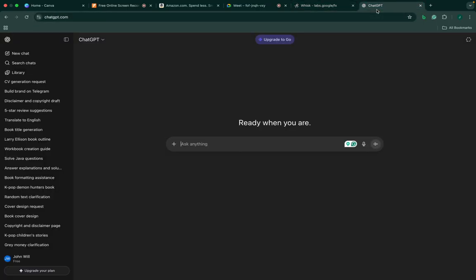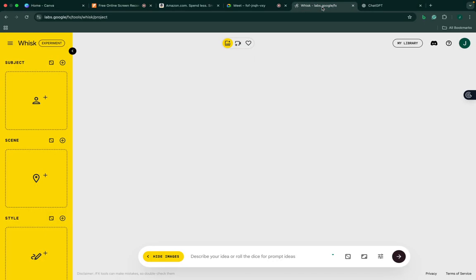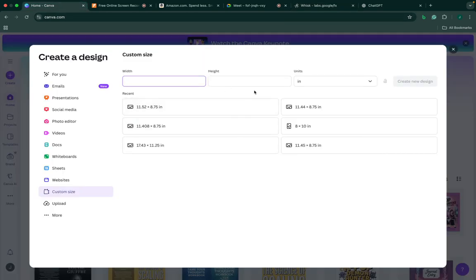Now, in this call we're going to be using ChatGPT for our general content. Then we are going to be having Whisk for generating our images. And this time around, our content is going to be square. And Canva, you are already having this. So the first thing is to set